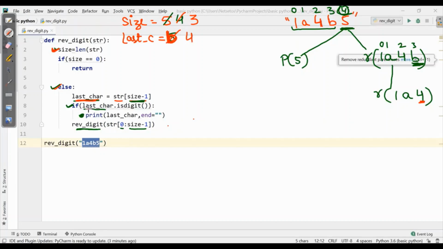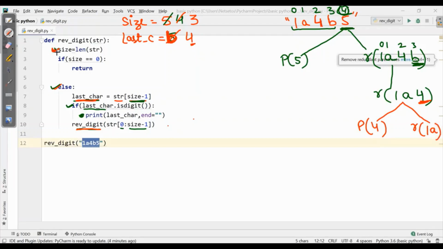Now first it will check the if condition whether the last character is a digit or not. 4 is a digit. That means it will again have two branches, which will print our digit first, and then it will come to recursion, which will have excluded this 4 part and will have just one A.